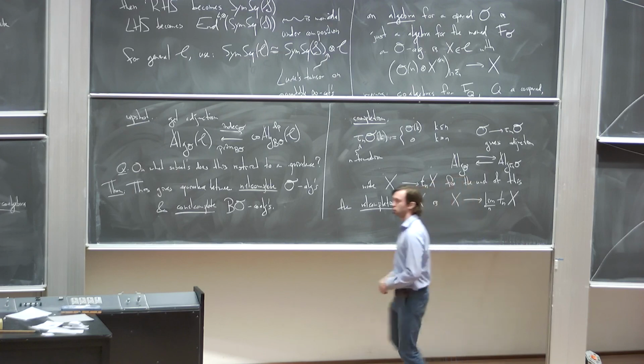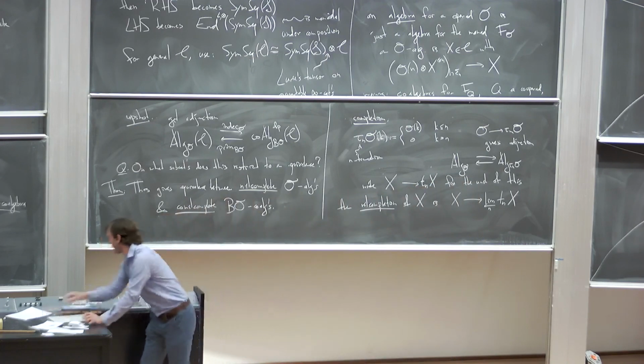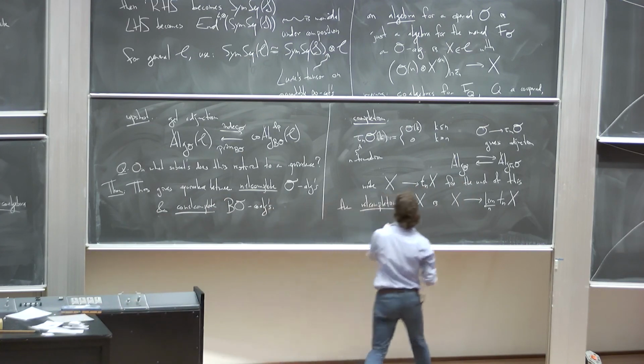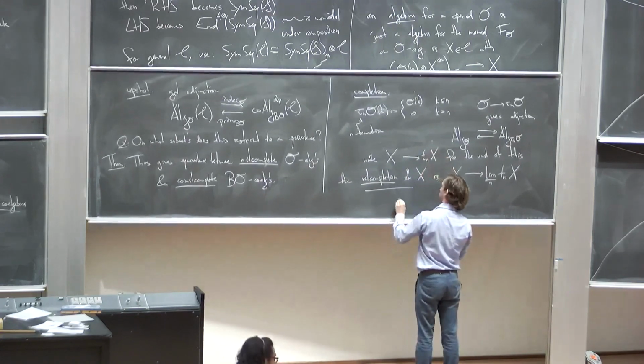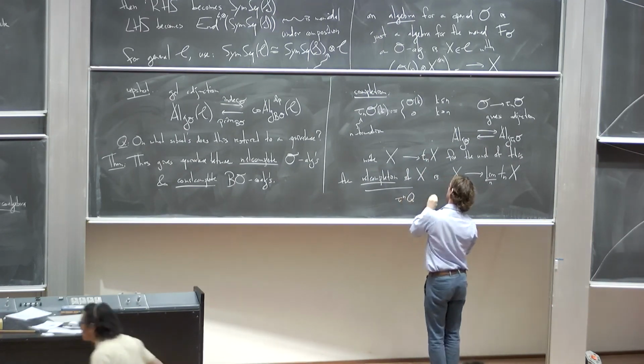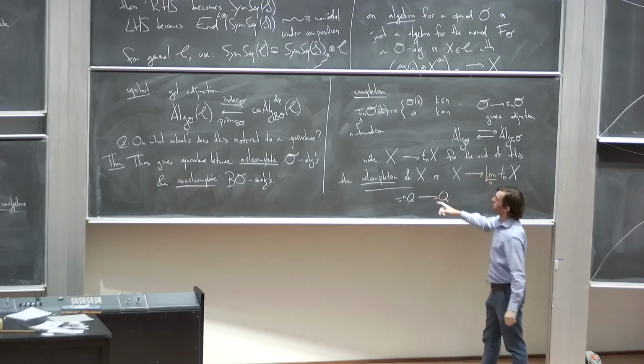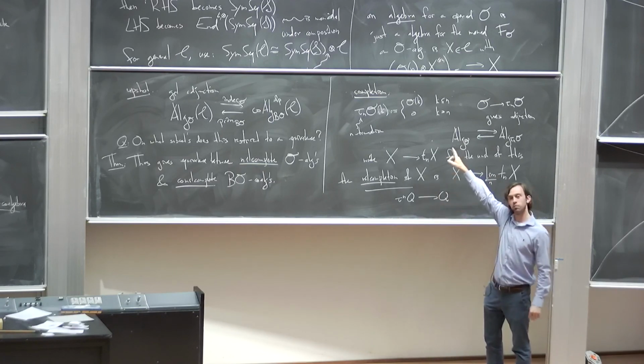Oh, this is the wrong chalk, I don't want this. If you have a co-operad Q, then you get maps that I like to denote τ^n Q to Q. But this τ^n Q is defined by the same formula, but it's just